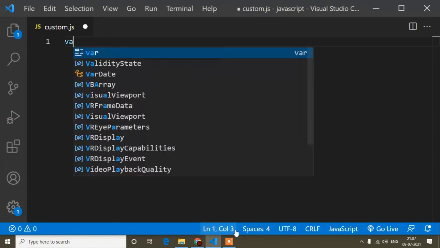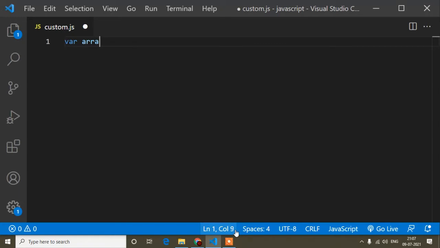First of all, I will create an array. var is the keyword. Here you can write any keyword like const and let as per your choice, but I have written var equals to, and here I will create an array. You know how to create an array, just using square brackets. This is the array sign, and inside this array I will put some random values like a, b and c. But you can put any value as per your choice.